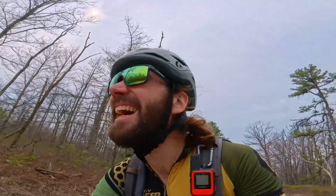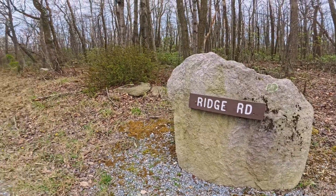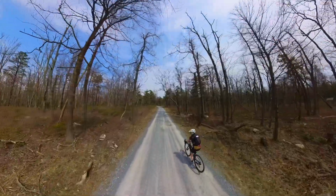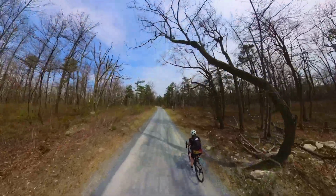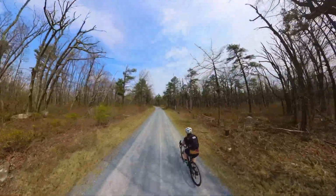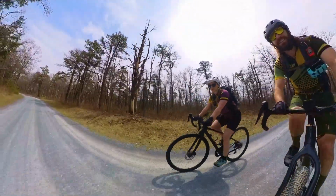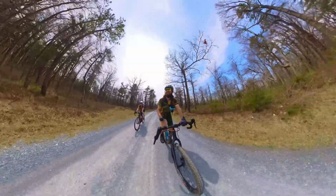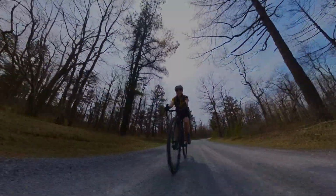Back up at the top. So this is Ridge Road, the road we started on that we're parked on. So we're making a left here and heading back to Dead Woman's Hollow. So we had barely a tenth of a mile to go before we finished this wonderful 10-mile sampler loop in